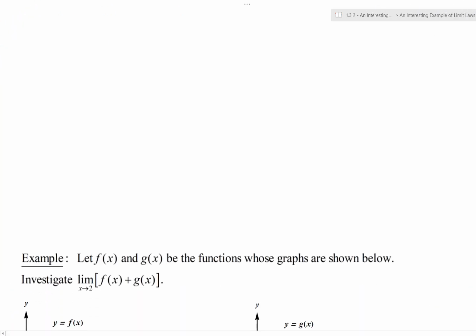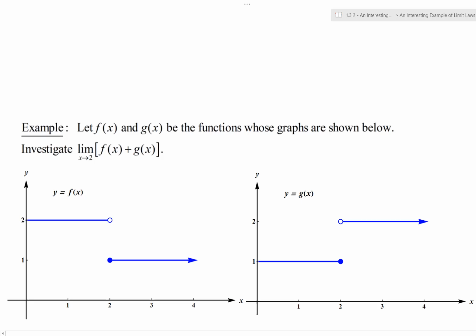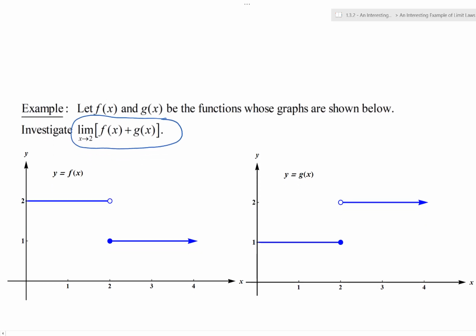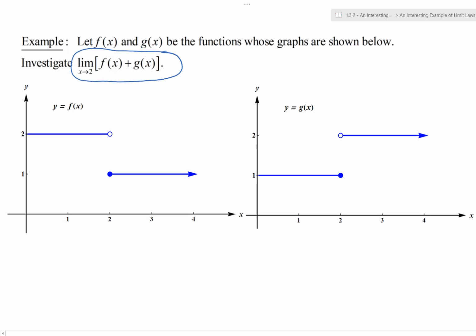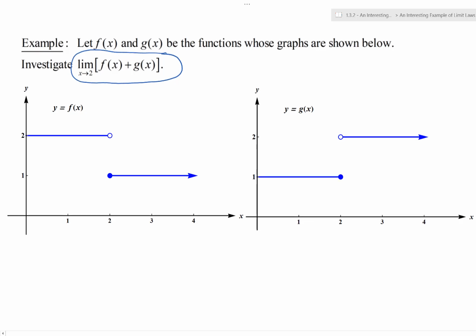So what we're going to see right here is two different graphs. The graph of f of x on the left, the graph of g of x on the right. And what we want to do is investigate the limit as x goes to 2 of the sum of the two functions, f of x plus g of x. Now, one thing that I like to show with this example here is that